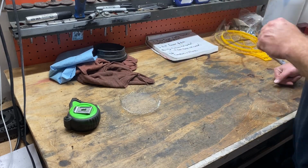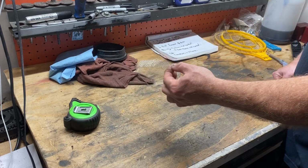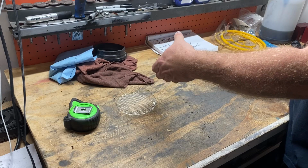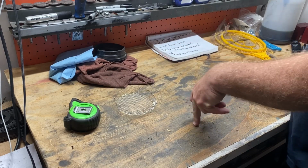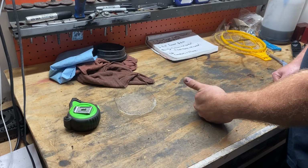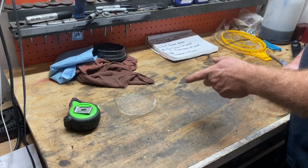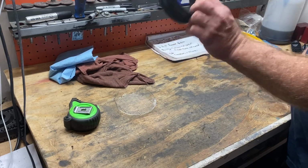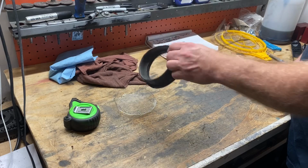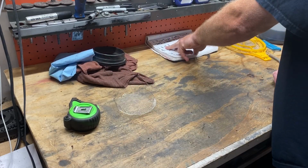Now, here's where we're going to talk about that outer ring that goes around your actual screen and clamps to the inlet on your turbo. That does not have to have a T-bolt clamp. That does not have to be silicone. You can run just regular rubber, and that's what I'm going to get to here in a minute on how I'm doing mine. But you can buy a 4-inch inside diameter